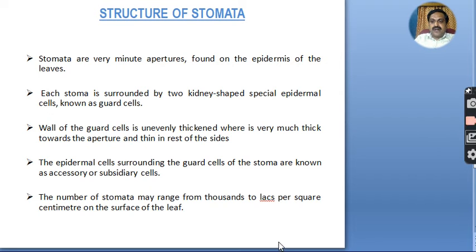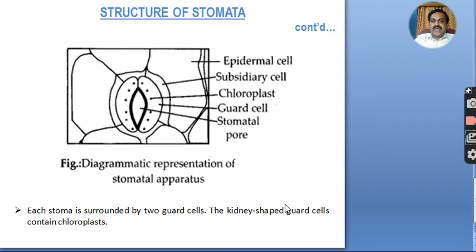This is the diagram of the stomatal apparatus. Stoma is nothing but a pore, an aperture. The entire structure is called the stomatal apparatus. The stomatal apparatus consists of, as you can see, an elliptical aperture bounded by two modified